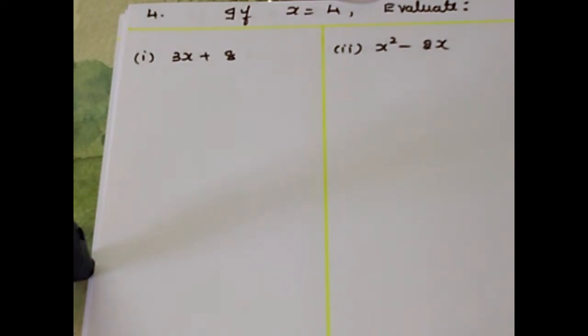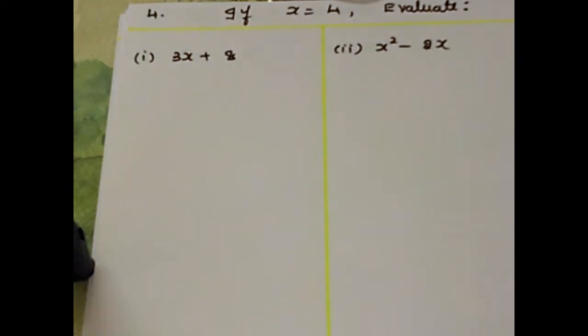In today's class, let's begin with the new chapter, lesson number 21, Framing Algebraic Expressions. This is a very simple chapter and also an important chapter in algebra. As per the reduced syllabus, we have only a few set of problems which we need to solve and learn. So straight away let me move on to exercise 21, fourth main. That means the first three mains are excluded. Straight away we are going to move into fourth main.